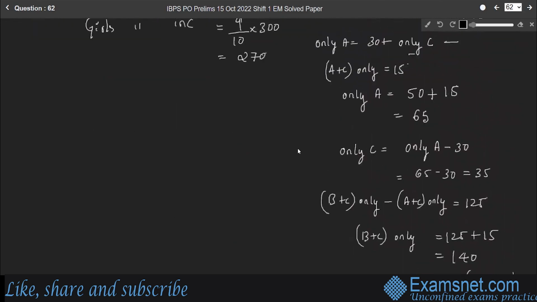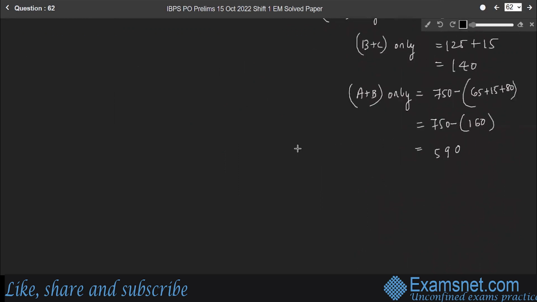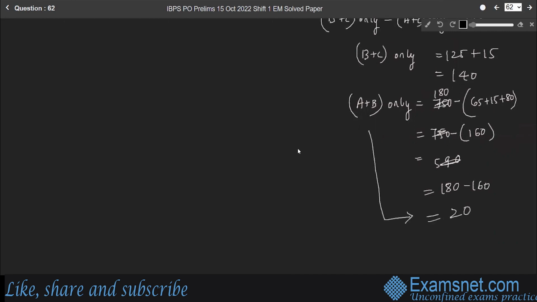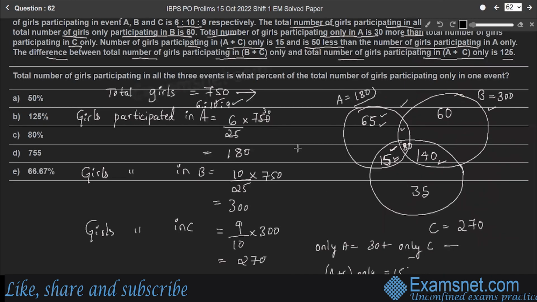No, not 750. 180 girls participated in only A. 180 minus 160, which is 20. So 20 girls participated in both A and B. So we'll write the number 20 here. Now the question is, total number of girls participating in all the three events is what percent of the